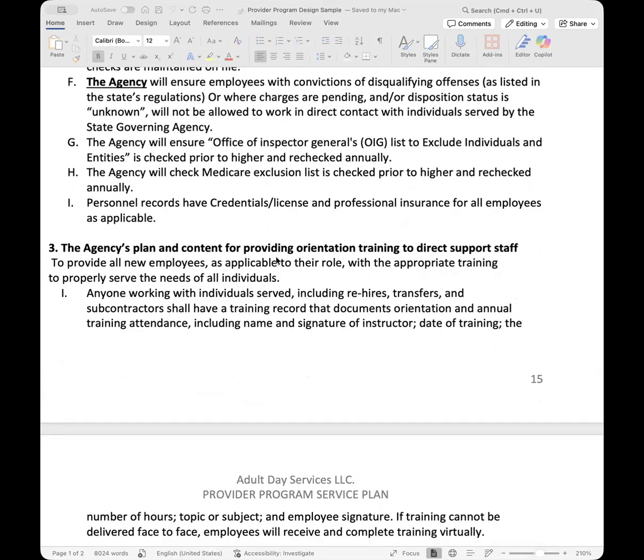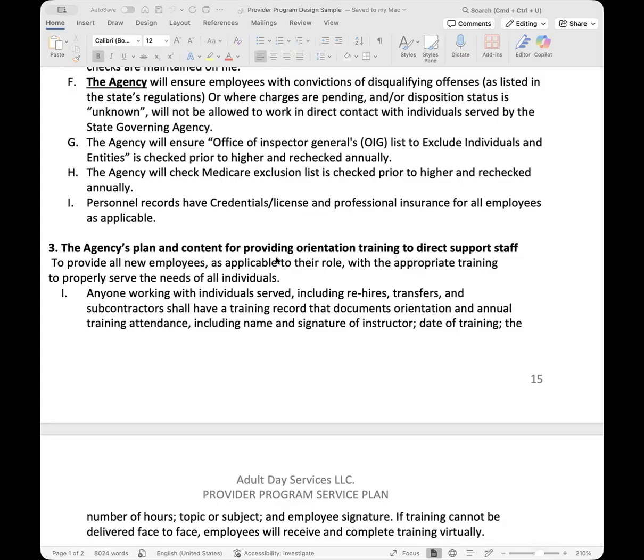Okay. And then lastly, you'll just need to make sure anybody that has credentials, so nursing credentials, is up to date. If you're providing medical services, you should have a nurse on staff. You have to have their credentials in their personnel record, and their credentials must be up to date at all times. So that's mandatory. The same thing if you're providing behavioral services: your BCBA licensing credentials need to be on file and up to date.